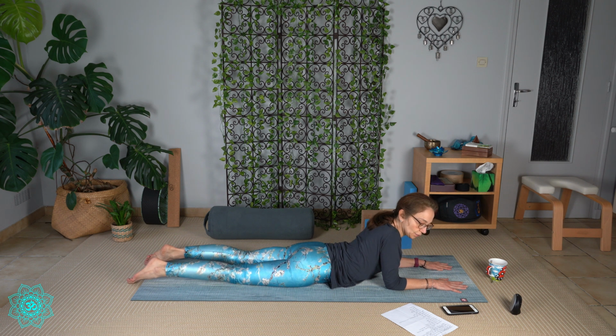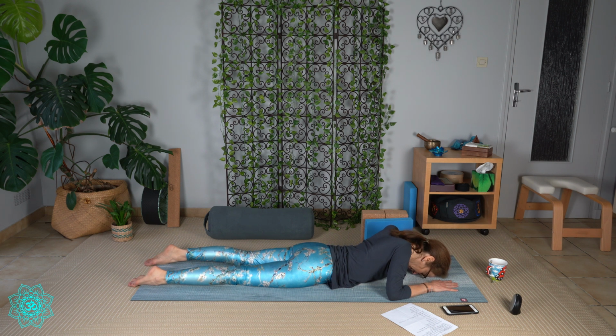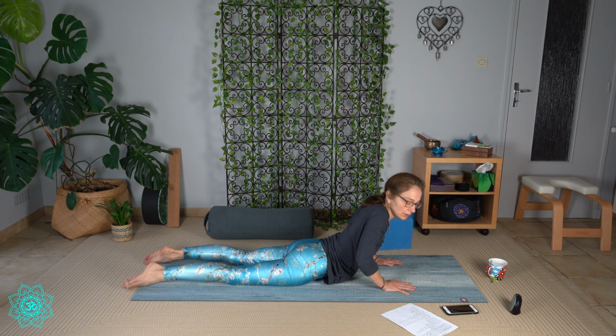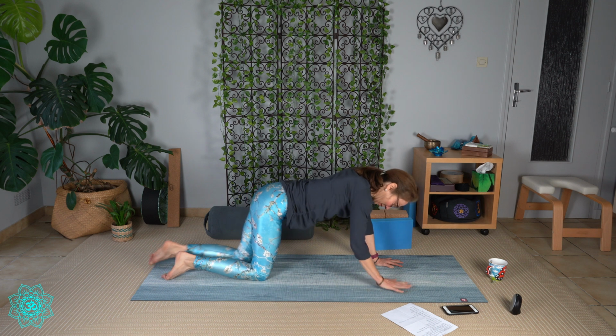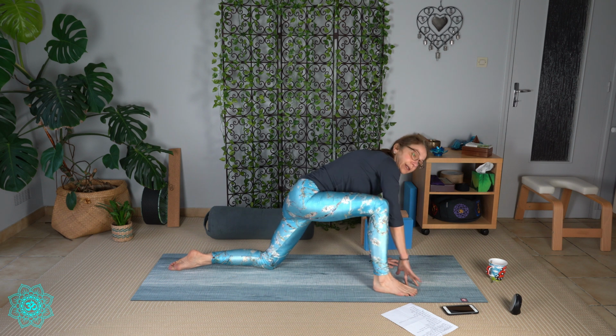And release the forehead on the mat. Take a moment there to observe the effect of the last pose. And now, hands underneath the shoulders, push back into your tabletop. Step the right foot forward next to the right hand